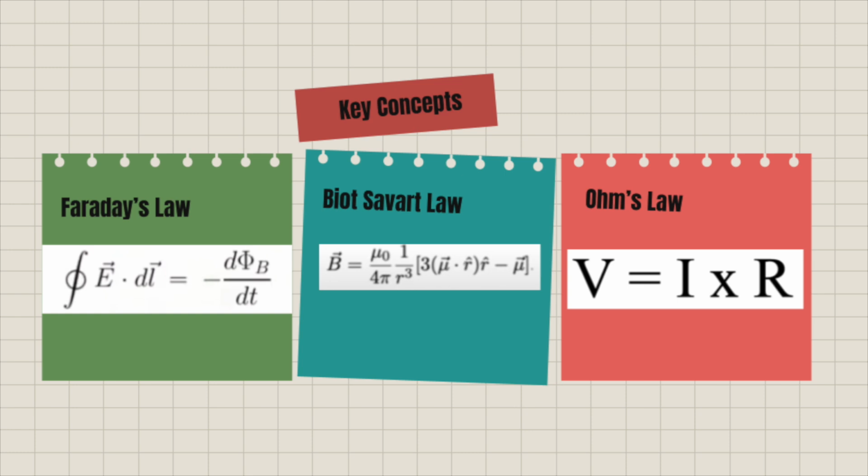The next important equation is once again the Biot-Savart law. This law describes the magnetic field created by an electric current. In relation to this experiment, the current within the conductor emits its own magnetic field as described by the Biot-Savart law. The interaction between this generated magnetic field and the magnet's field itself is what causes the braking and slower